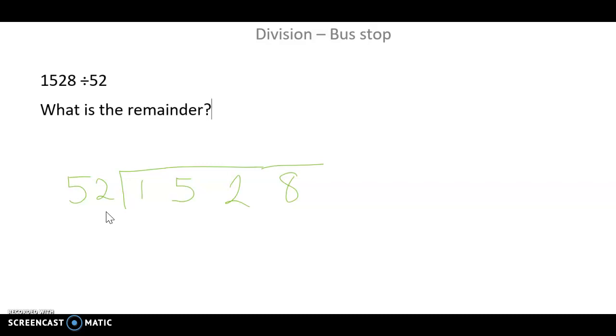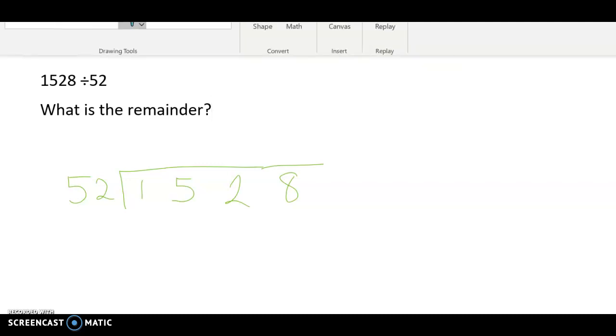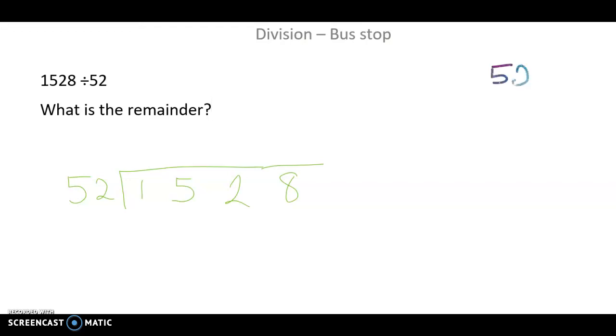Okay then, so we need to know our 52 times table. Well, not in our heads, let's write it down. So over here, I'm going to write our 52 times table. We start off with 52. Then add on 50 gives you 102, plus 2 is 104. So this is the way we work it out. Add on 50 gives me 154, plus 2 is